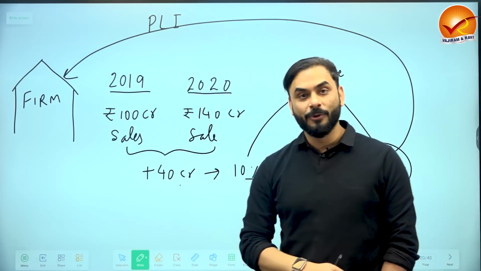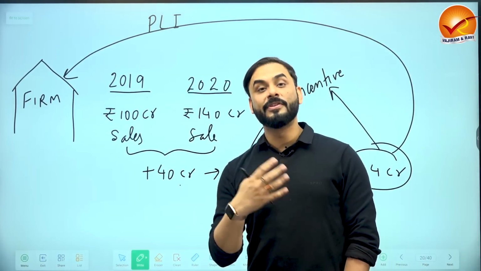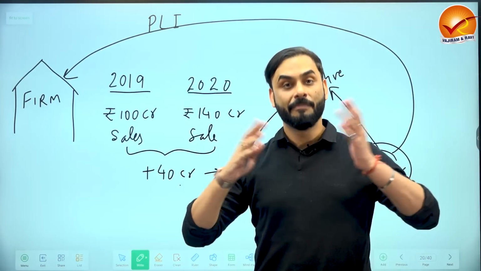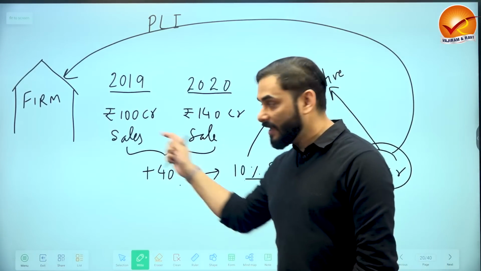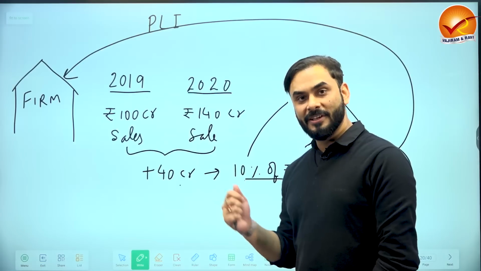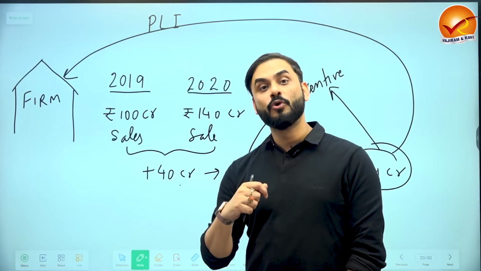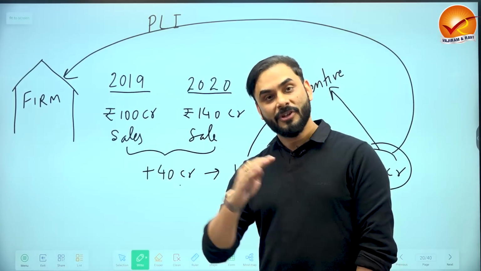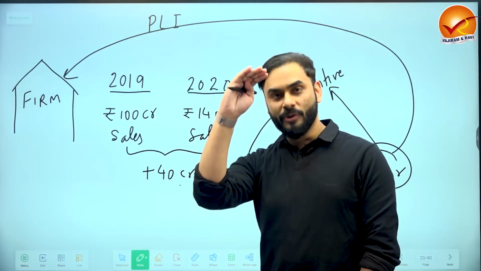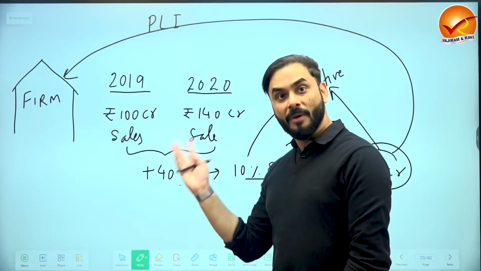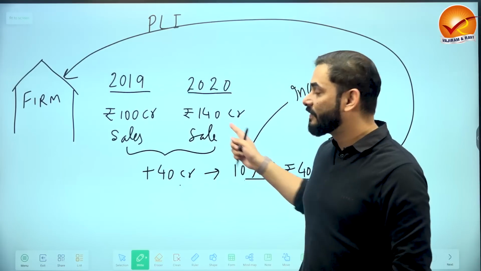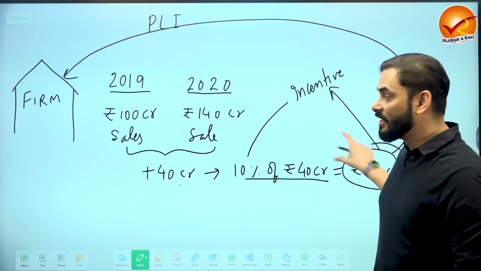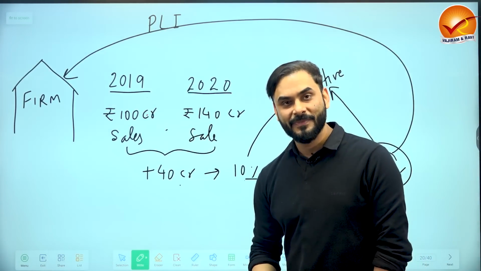What will this industry do with this 4 crore rupees? Buy better raw material, better machines, improve the quality of the product, right? And do some research and development and create something better. So if you keep supporting industries like this through schemes like this, then our industries will become globally competitive. They can manufacture at a larger, higher level. And when you manufacture more, your cost of production comes down, right? So employment will be created, exports will increase. These are the kinds of things that will happen. This scheme is called production linked incentives. The incentive that you are getting is linked to the level of your production and sales, right?